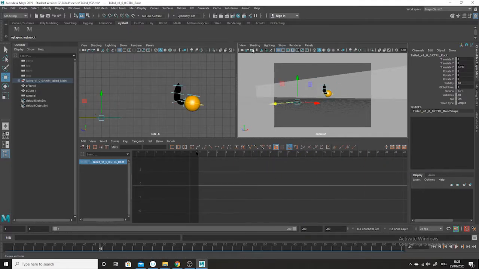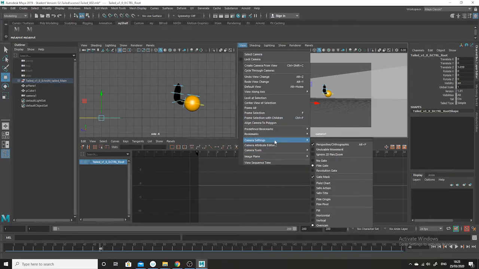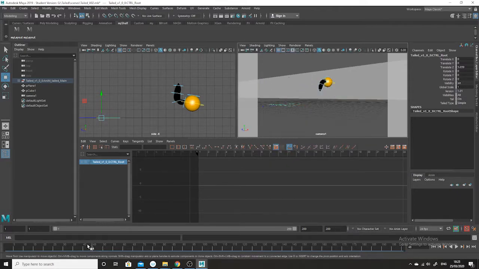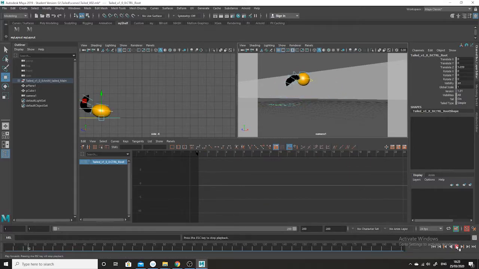It's looking a bit small here. Maybe I'd take the overscan off. So View, Camera Settings. I'll take overscan off and I'll put it on fill. So this just shows you the render that you'd get, yeah, if you were to do this and you rendered using the camera. Yeah. Okay, so